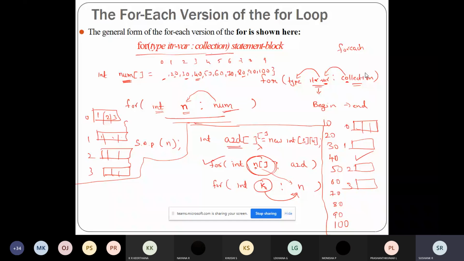The inner for loop will read all the elements that are present in that row. That is how this for each loop will work for two dimensions. Any doubts here? Yes, sir.